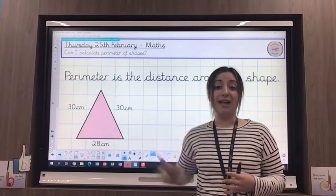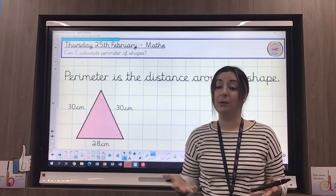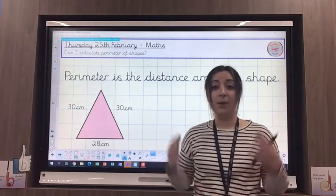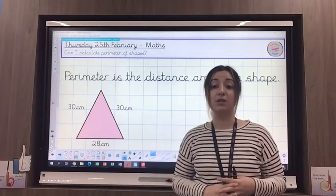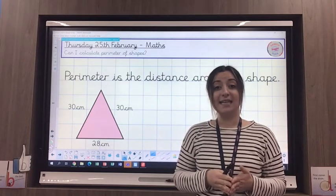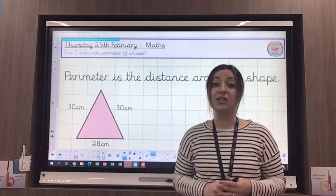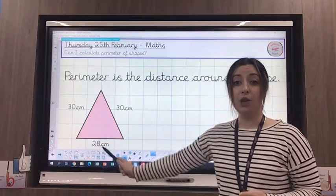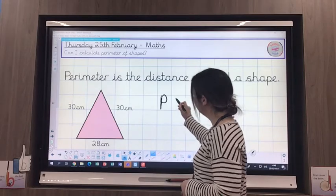If I know that 3 and 3 equals 6, then 30 add 30 is going to equal 60. So I've already got my 2 sides together. When I've got 60 in my head, all I need to do now is to add this bottom measurement, which is 28 centimetres. So I need to do 60 centimetres, add 20, which is 80, and then add the other 8, which is 8. So it's 88 centimetres for this perimeter that we are looking at today. So I can put here perimeter equals